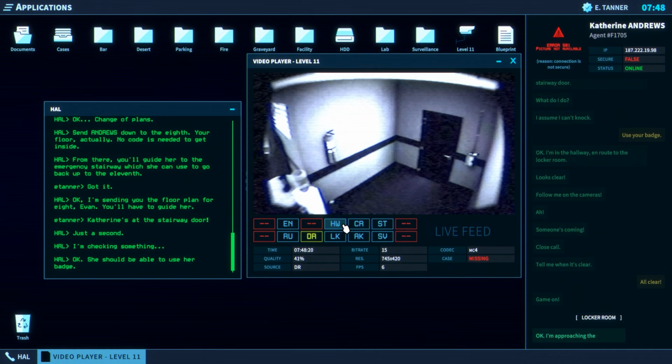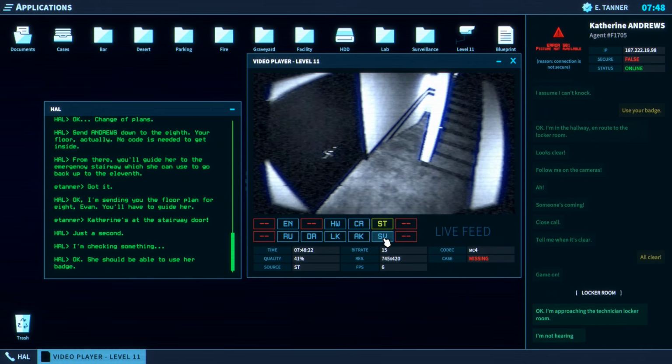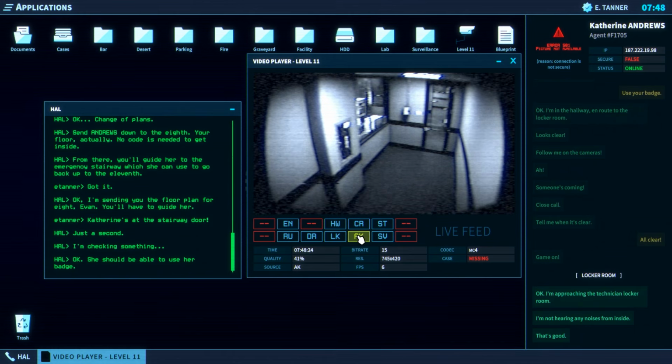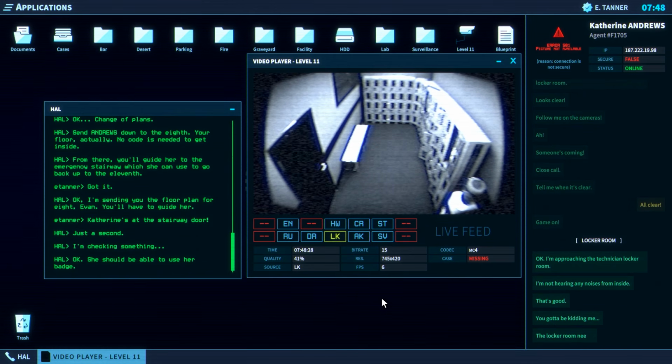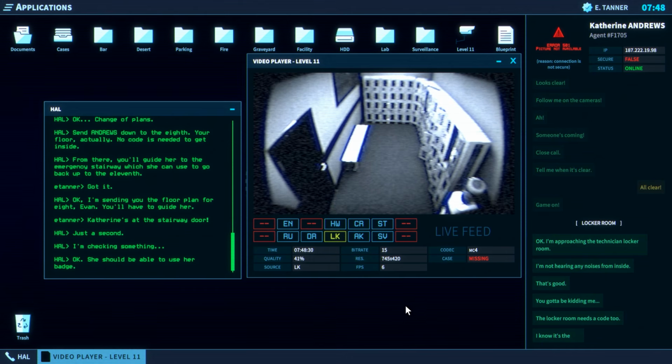Okay, I'm approaching the technician locker room. I'm not hearing any noises from inside. That's good. You gotta be kidding me. The locker room needs a code too. I know it's the FDI, but this is excessive.